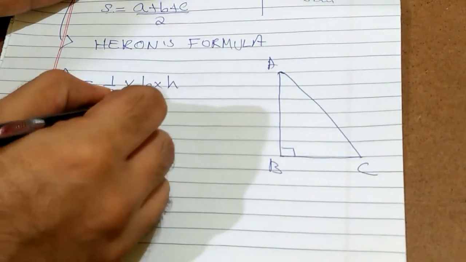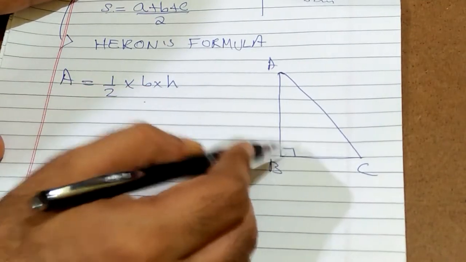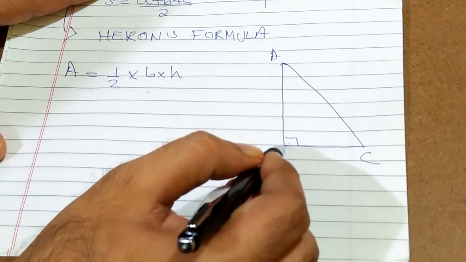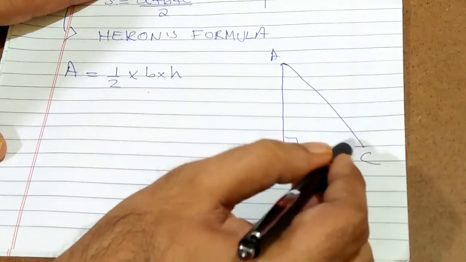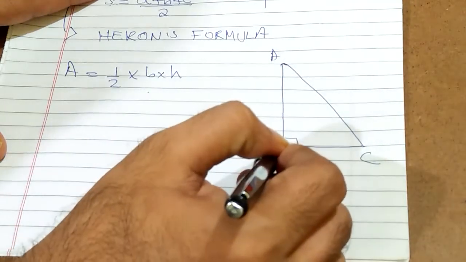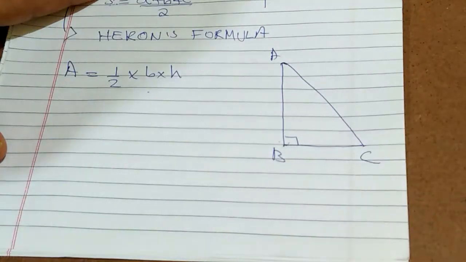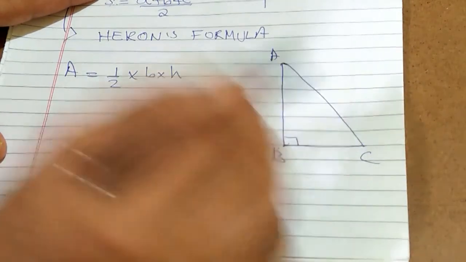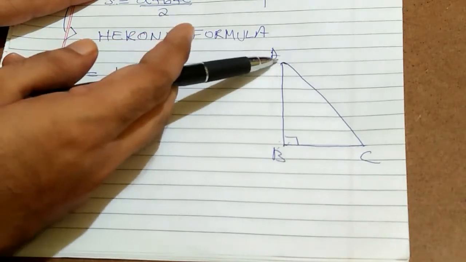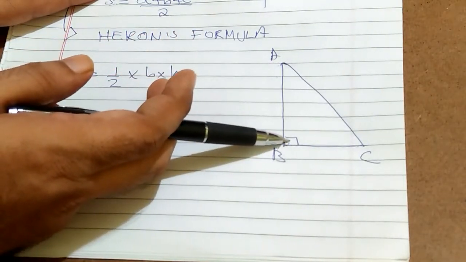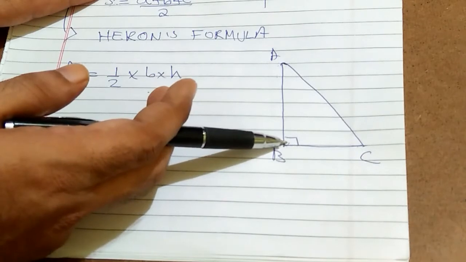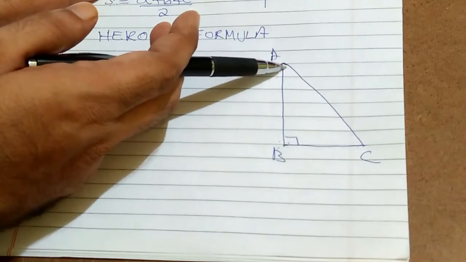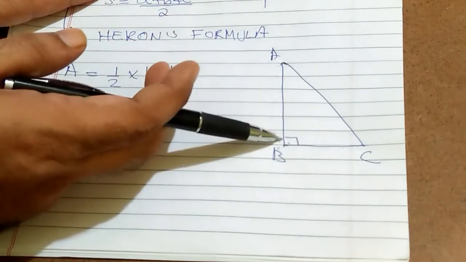This is a common formula if you recall, right? But in this triangle what we can say is that this is half into this side, that is base and height multiplied together. So easy to say is that here you are multiplying two sides. And why? Because one side itself is the height of the triangle. This side is also the height of the triangle, so you don't have to find a different height coming from vertex to the base, because one side itself is the height.